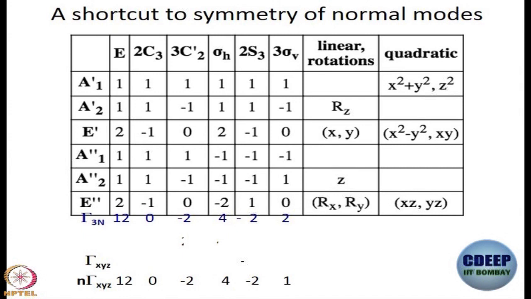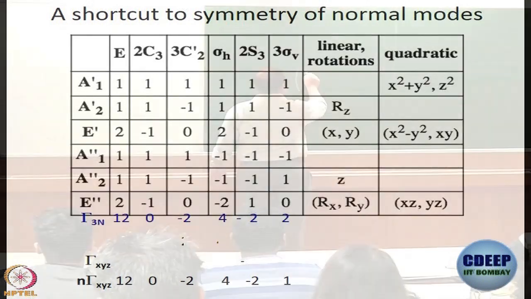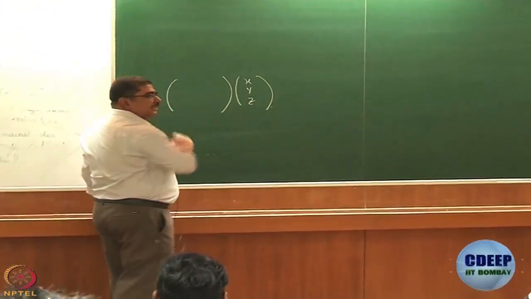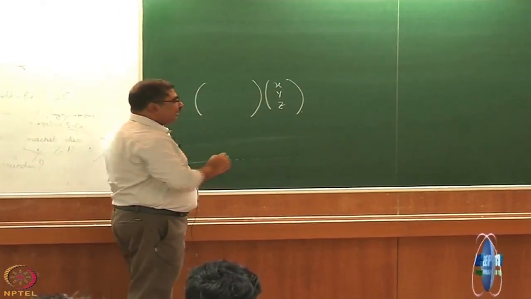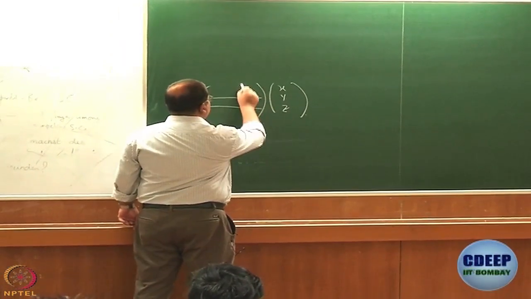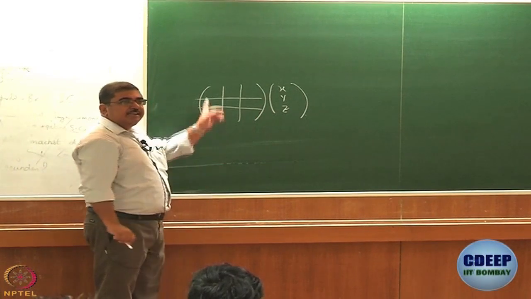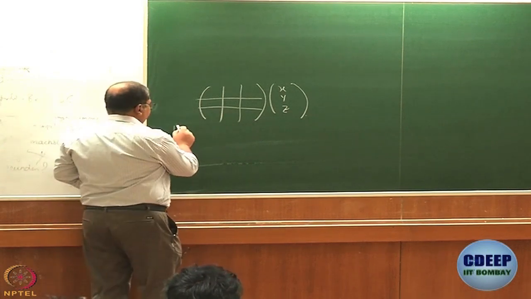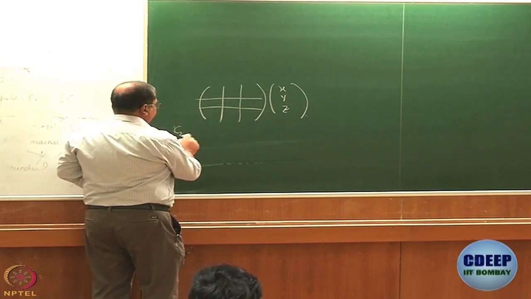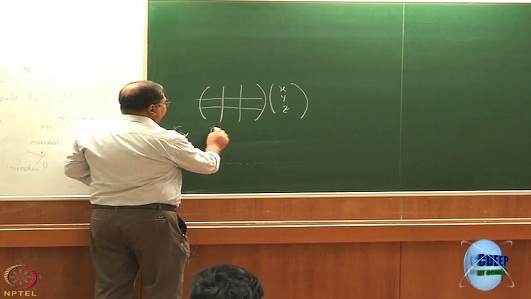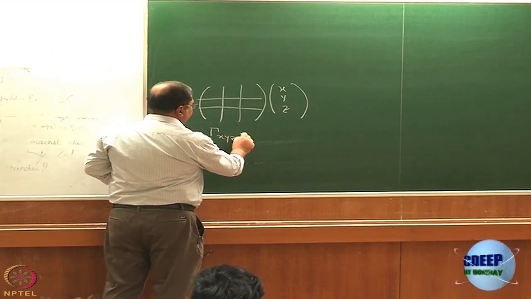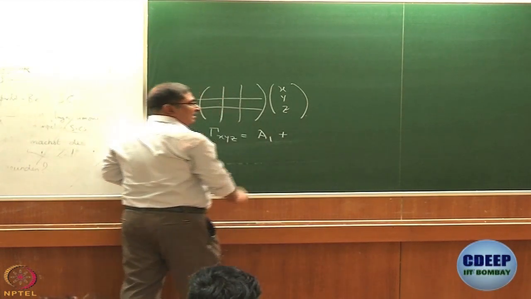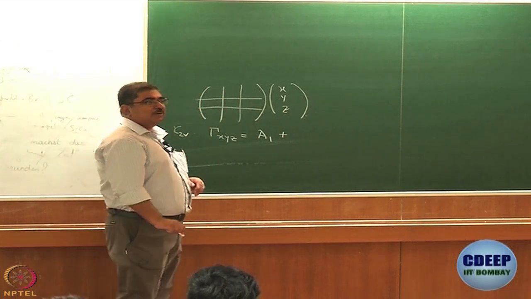For water, we used x, y, z as basis, and then we got these matrices for this basis, and then we could nicely block factorize them, right? That gave us the reducible representation. So, for water C2V, it turned out that gamma x, y, z is equal to A1 plus, does anybody remember what it would be for x, or what it would be for y?